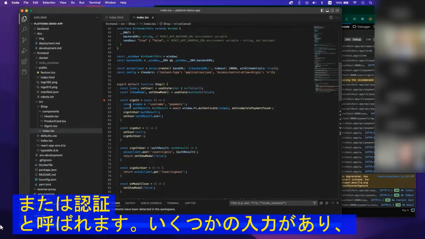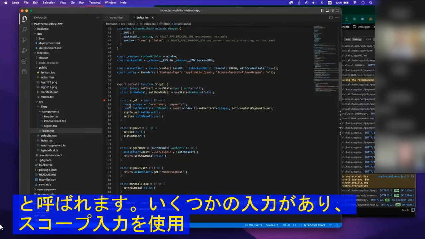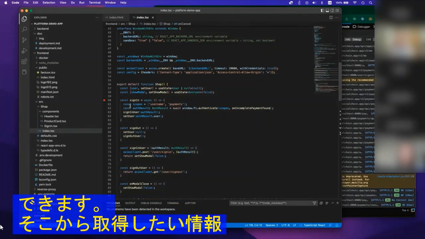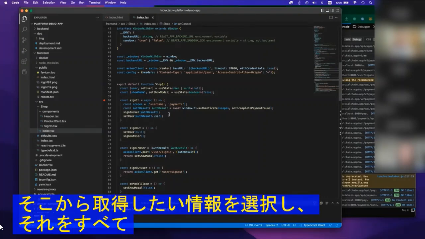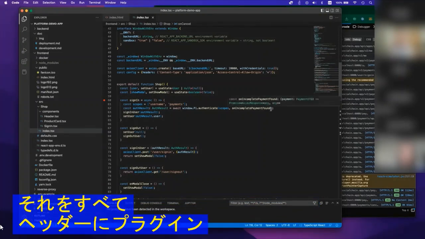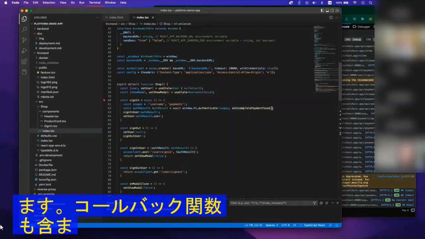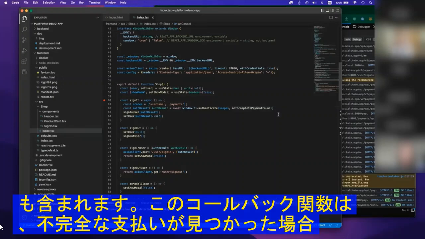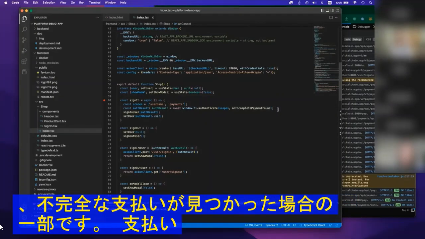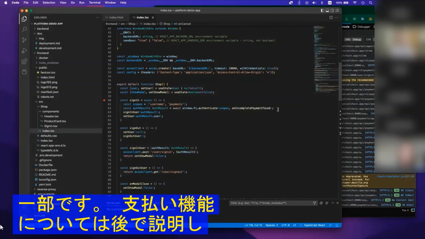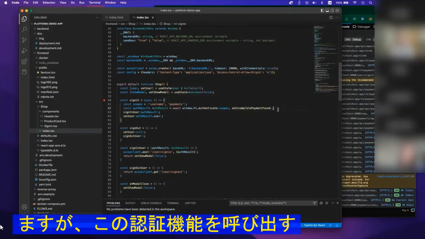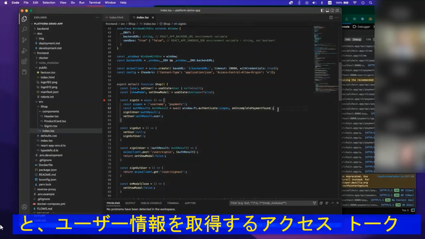It has the scopes input, which you can select the information that you want to get out of it. And then you plug it into the header, and it's going to have a callback function into it as well. And this callback function is what the incomplete payment found is part of, the payment functionality, which I'll explain in just a minute. But you're going to call this authenticate function, and that's going to be what gets that access token,